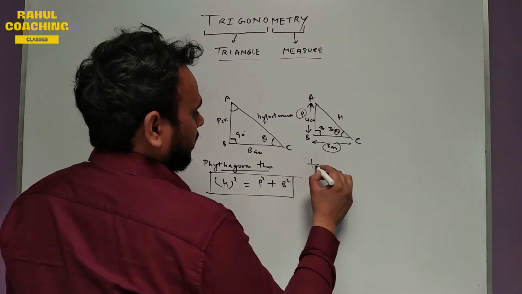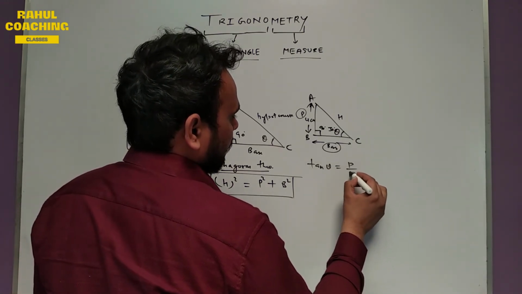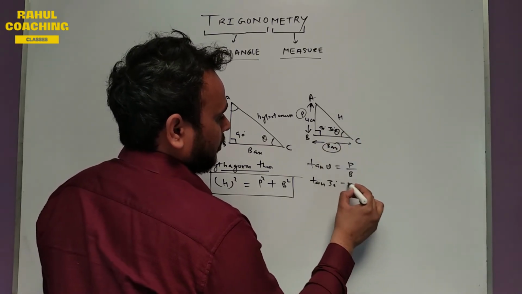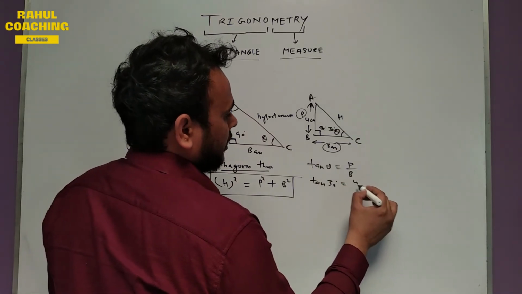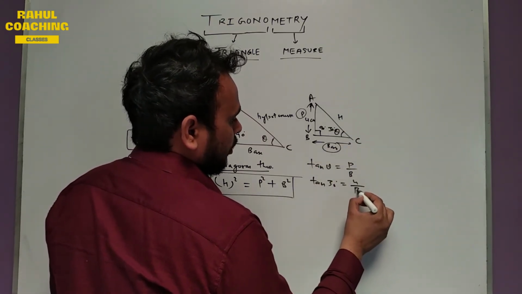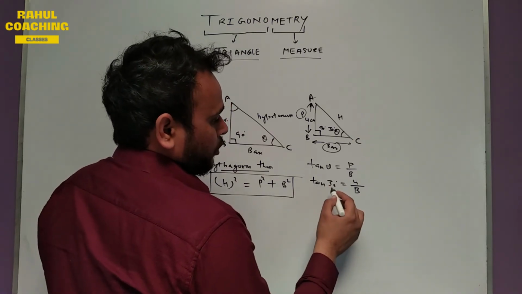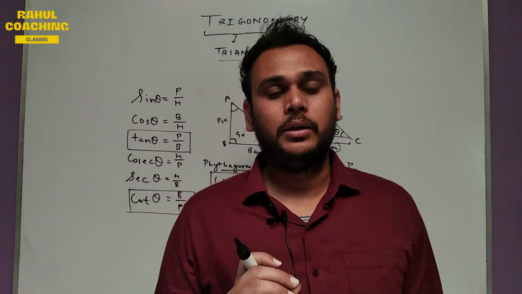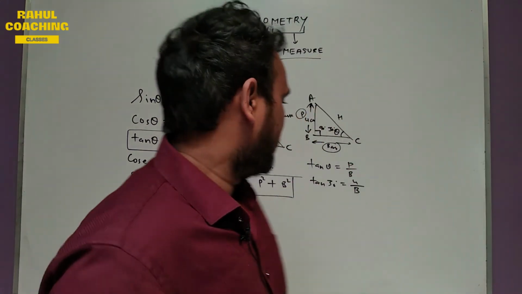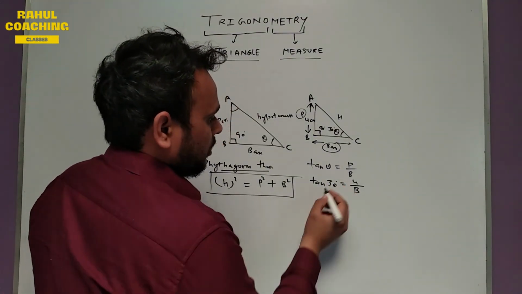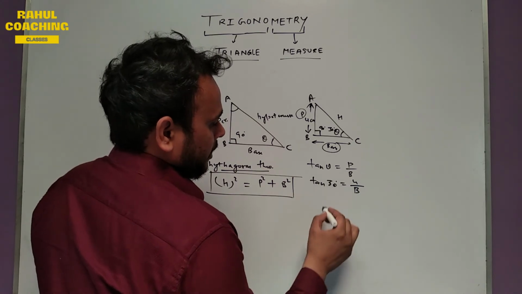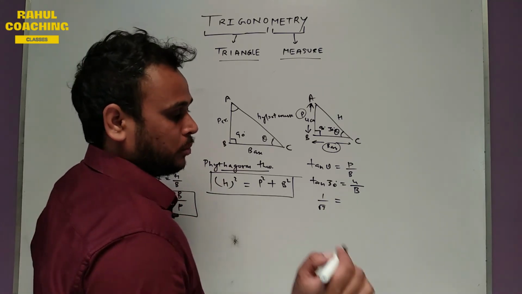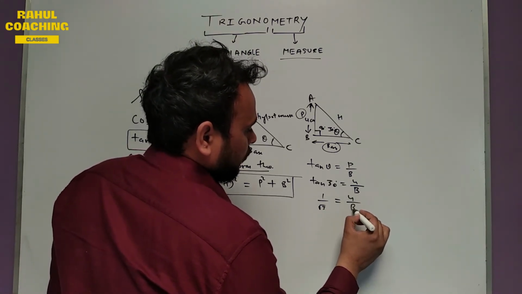If I am taking tan theta equals P upon B, then tan 30 degrees equals P, which is given as 4 centimeters, upon B, the base. You have to find the value of B. You know there is a table. You have to learn a trigonometric table. I will explain it later. You have to know that the value of tan 30 is 1 upon root 3. You can see that from the table given in your book, and you have to find the value of B.